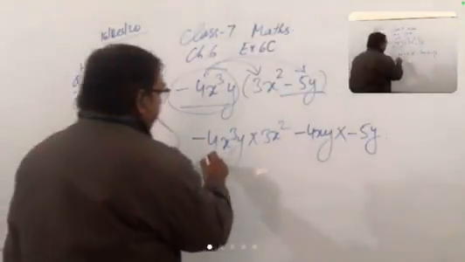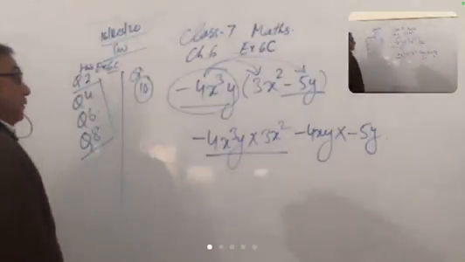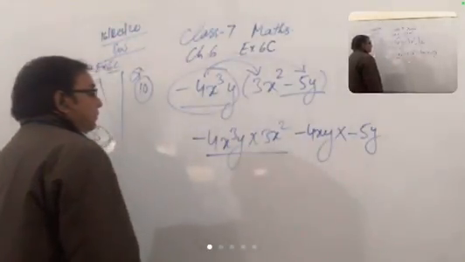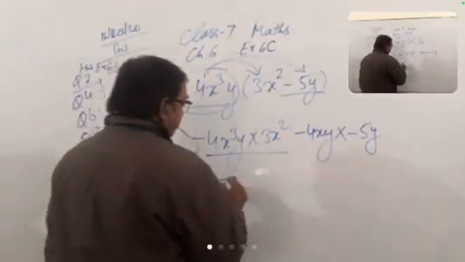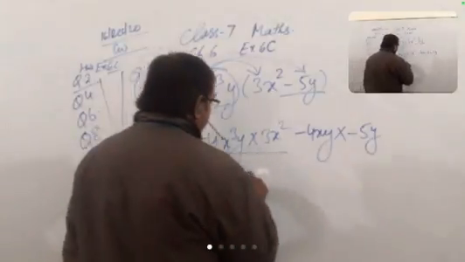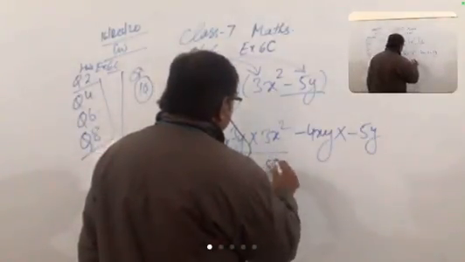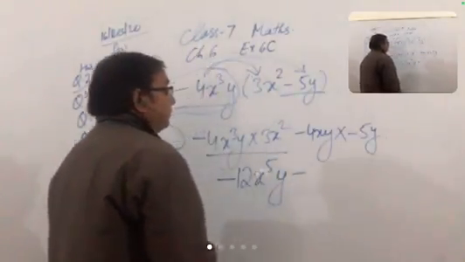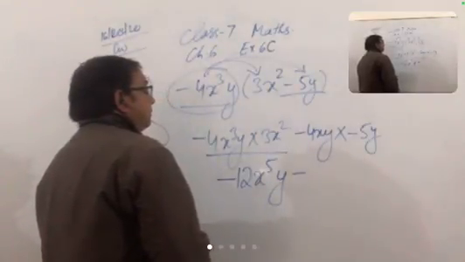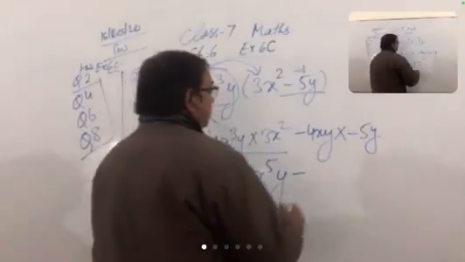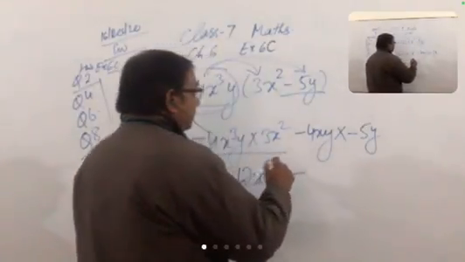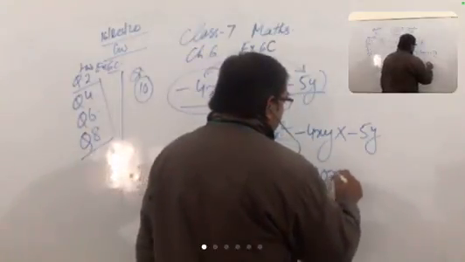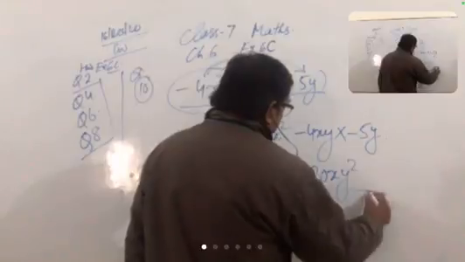Now just tell me what is the product of the first two term, minus 4x cube y into 3x square. So minus 12 x with power 5 y. Good. And the product of the second one is 20 x square and y square. Plus 20 x, so y square. Good. Good, Sambhav. That's right.